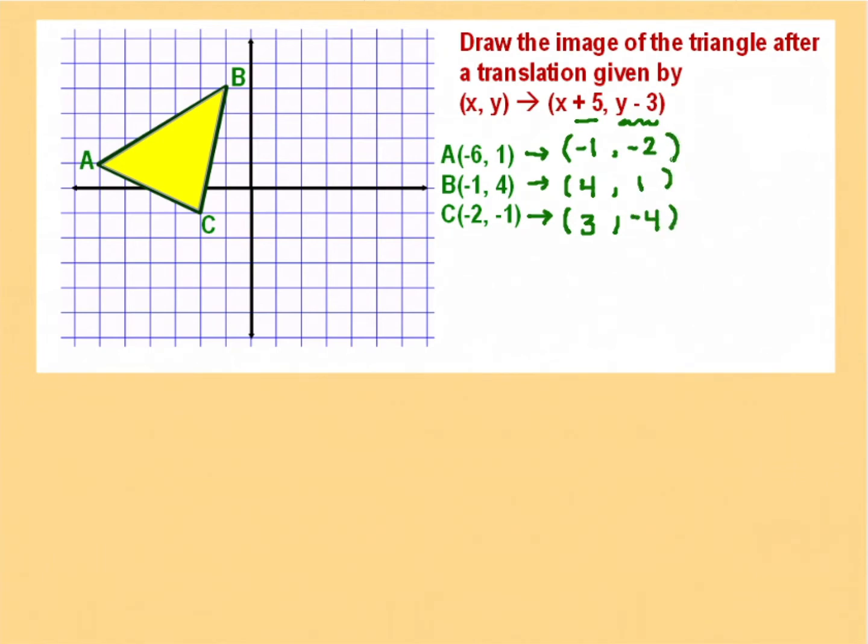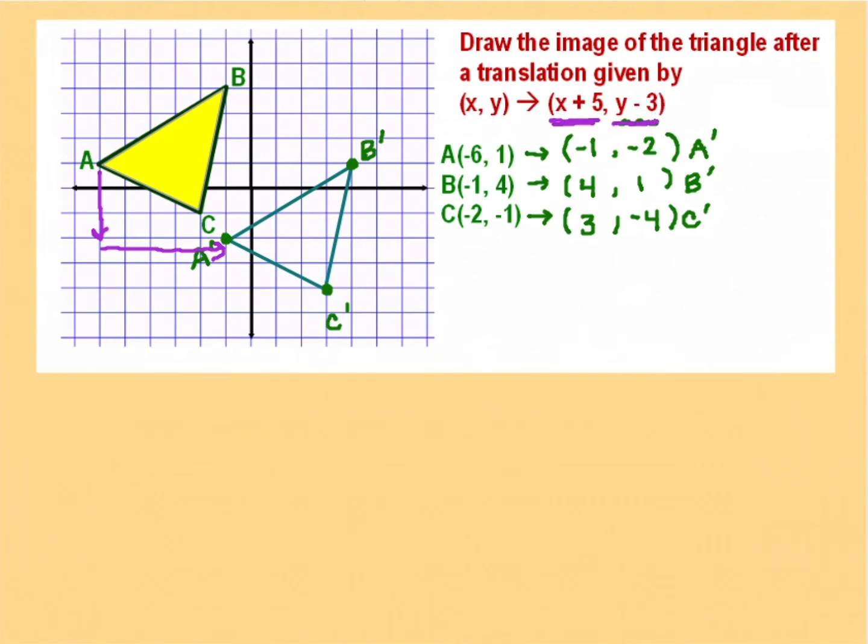And that gives us 3 new ordered pairs that I would label A prime, B prime, and C prime. And what was the movement like in that translation? Each point went down 3 and right 5, which is supported by this minus 3 for the up and down and the plus 5 for the left and right. Plus 5 meaning right,